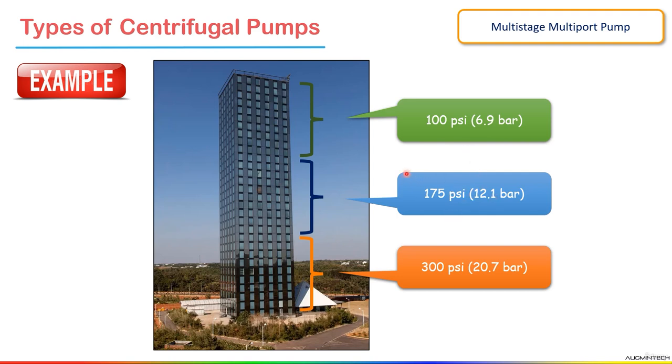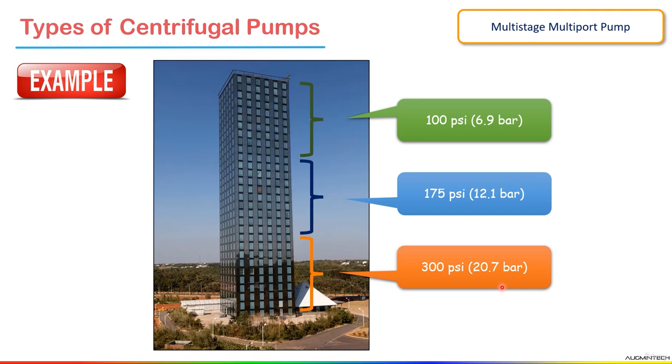Lower zone, you can say ground to ninth. The second has an outlet, how much outlet pressure? 150, 175, different pressure. See, in every zone we have to discharge the water at different pressure. So suppose the second has an outlet pressure of 175 psi and feeds the middle floor or mid zone, 10 to 19. And a third has a discharge pressure of 300 psi and feeds the upper floor or high zone, or